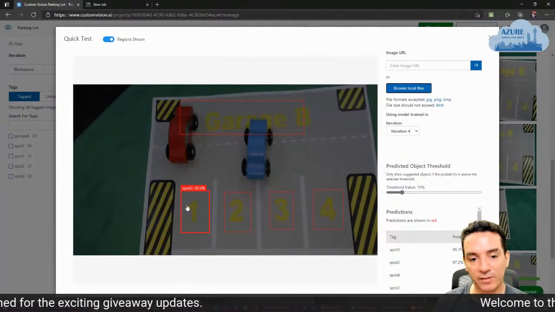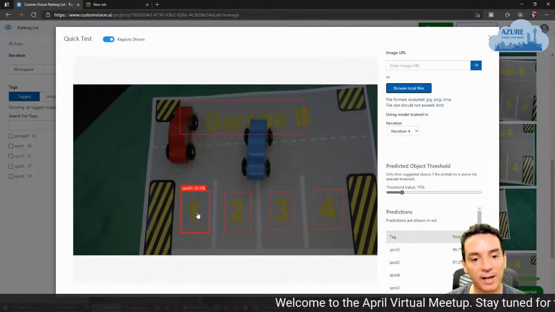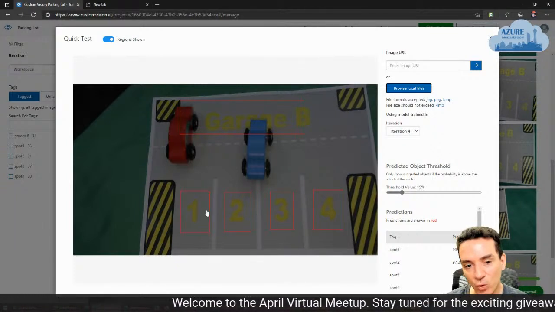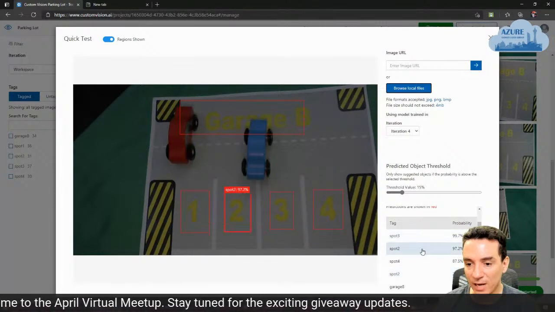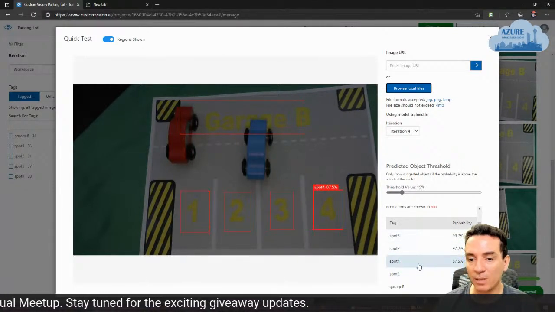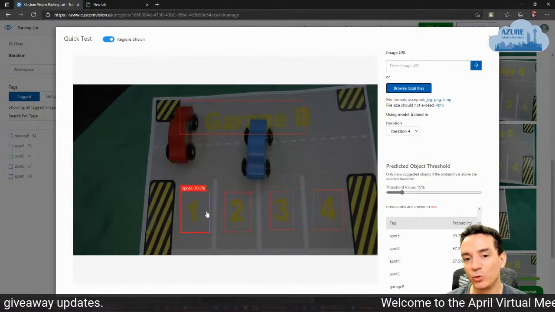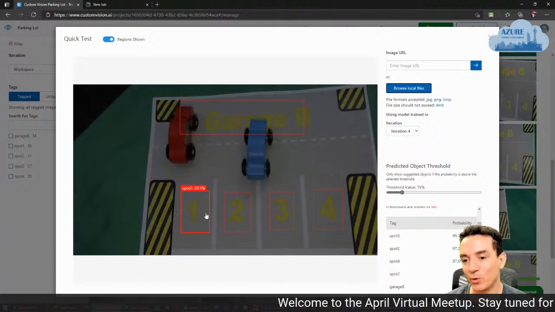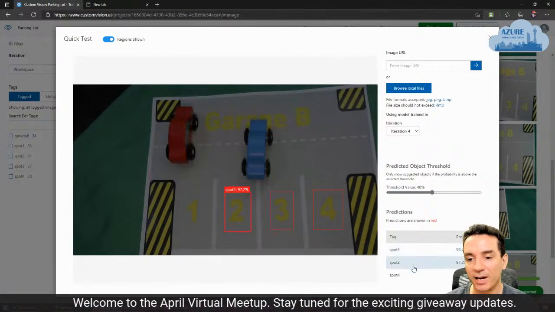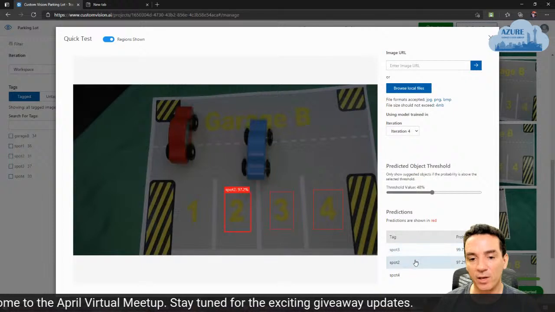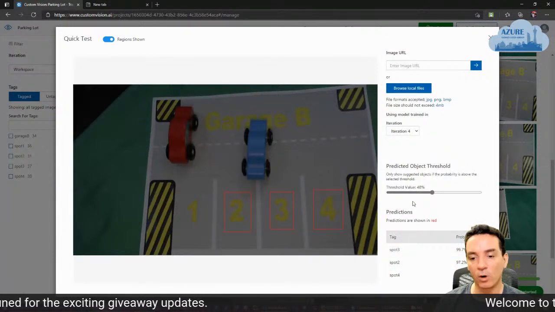It will detect the number 1, 2, 3, 4 here, the spots with kind of a high level. The spot number 2, this is not 2, this is 1. As you can see here, I have detected 2 times spot number 2. Spot number 4 is fine. This is not 2, this is 1. So I probably need to retrain this and add this as a new value. If I increase my threshold, I only have 3 elements detected, 3, 2, and 4. The garage is not on the top, but this is working.